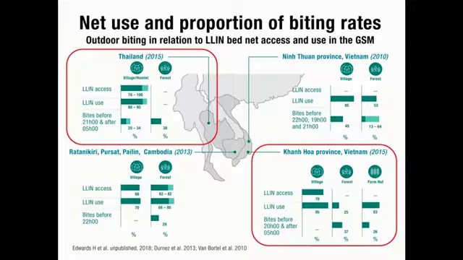Residual malaria transmission is the transmission that remains after universal coverage of long-lasting nets has been achieved. And this slide shows that the universal coverage of LLINs has not yet been achieved in all these study sites, and therefore not all of the malaria cases could be seen as attributed to ongoing malaria transmission. For example, there were not enough LLINs distributed to cover each family member, and the LLINs provided were not sized for family beds. You can also see that there were a lot of bites here during the time that people were not yet sleeping.